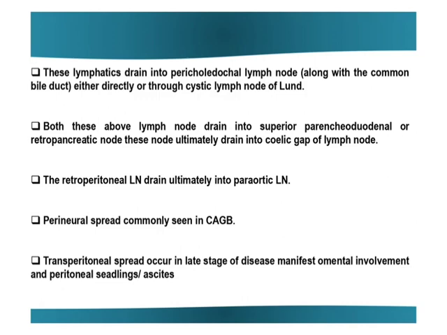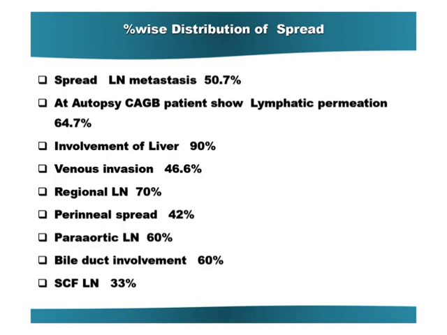Locally advanced carcinoma gallbladder shows right upper quadrant pain, dyspepsia, anorexia, nausea, vomiting. Jaundice in carcinoma gallbladder is caused by two factors. One is tumor infiltration of the bile duct: the tumor itself infiltrates or compresses the bile duct. The other is the lymph node around the bile duct, the enlarged cystic lymph node that causes the